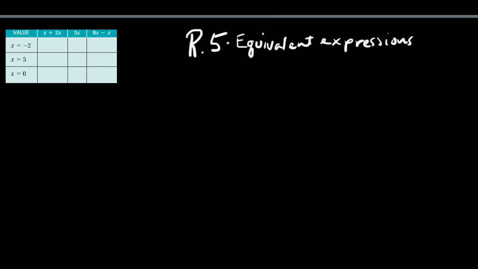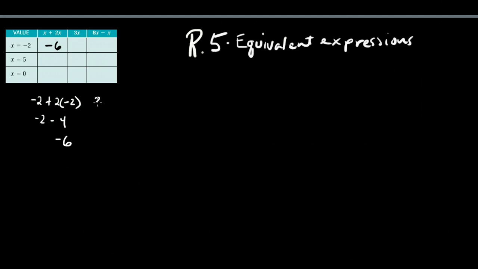So here, if x were negative 2, we would have negative 2 plus the quantity 2 times negative 2, which would be negative 2 minus 4, which would be negative 6. So that value would be negative 6. Let's try that with